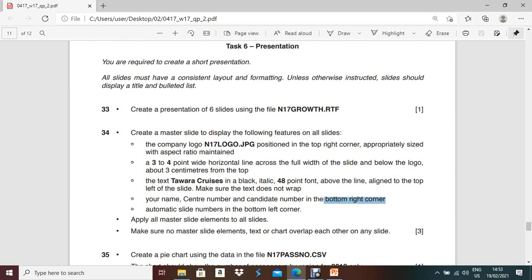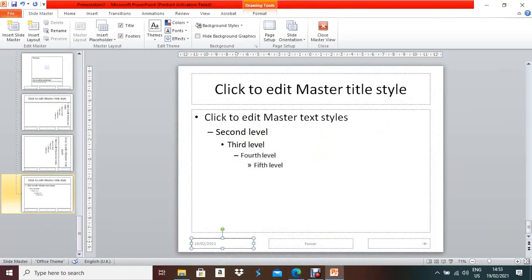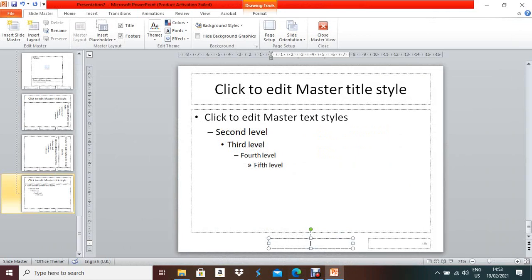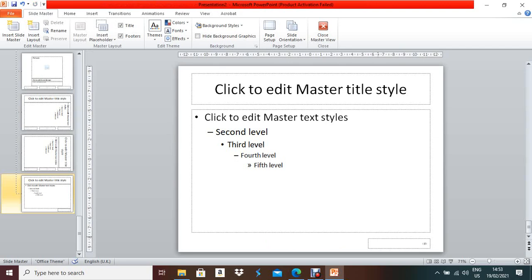They mention which side you have to give your center number, candidate number, and the slide number. In that case, you will delete this part. If they don't mention which side, you have to give your name, center number, candidate number, and the page number, and that time we'll do it in another process. I will show you in another presentation part.